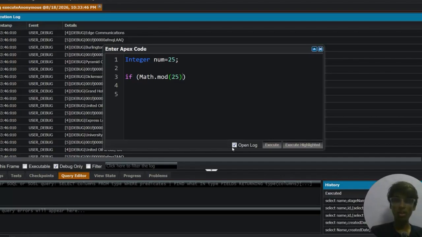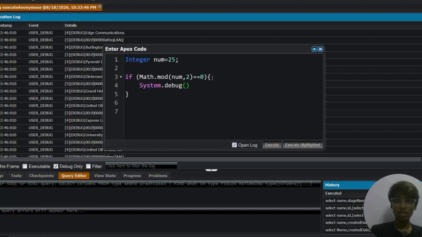If Math.mod 25, double equal to is comparison, if we divide 25 by the number 2, and if the remainder is 0, we are going to replace this 25 with num, whatever variable we have taken here. We are going to divide this num with 2, and if the remainder is 0, then what we are going to print on the screen,